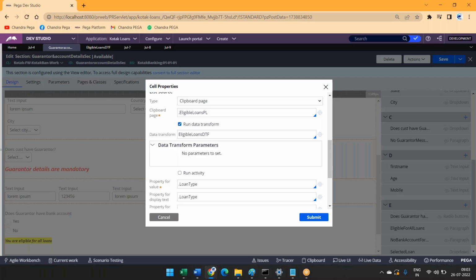So what you are supposed to do is use one activity, not a data transform now. Use one activity, and in the activity use obj browse, and in obj browse apply conditions. If total income, anyway you have to build the total income, is less than this one and greater than this one, pull out all the results. In this case, only home loan or car loan will be the single result, or in my case maybe 2 other options I might be getting. So finally from the table I am trying to get the details using a page list or with an activity, and straight away we can define this page list onto my drop down. So create one table and design this one. So here I am trying